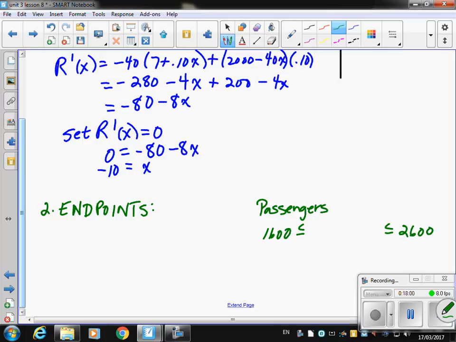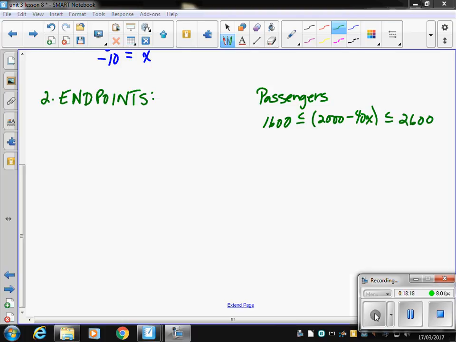And our passengers, we said, was 2,000 subtract 40 passengers for every increase that you have. So I need to find the value of x in those two places, and that will give us our endpoints to consider. First, I'm going to do the 2,600